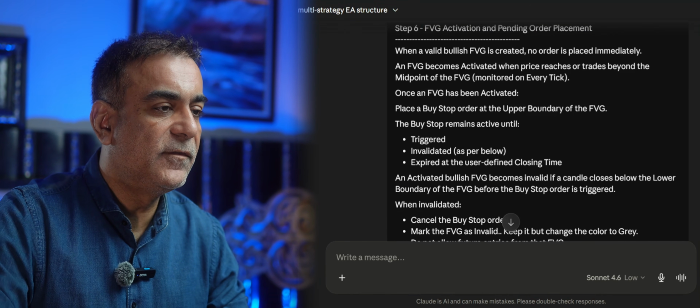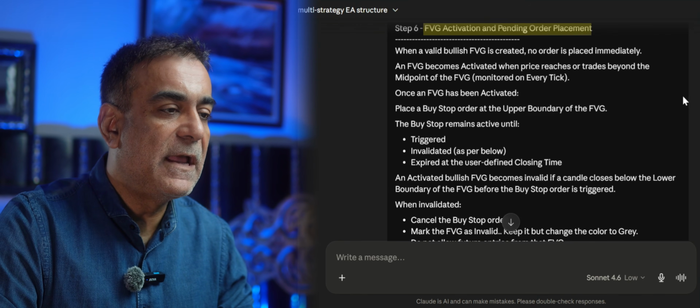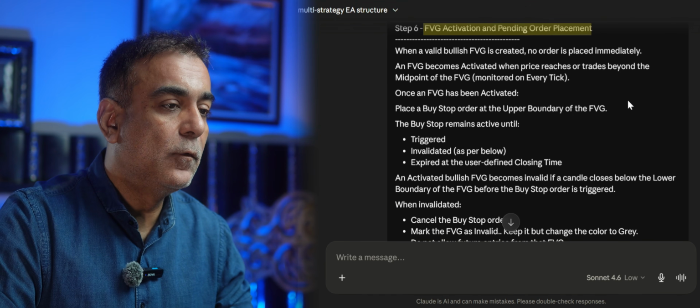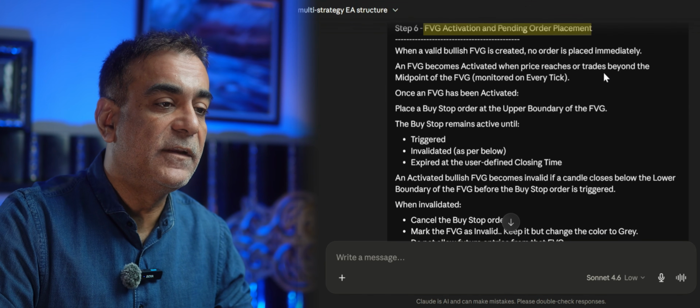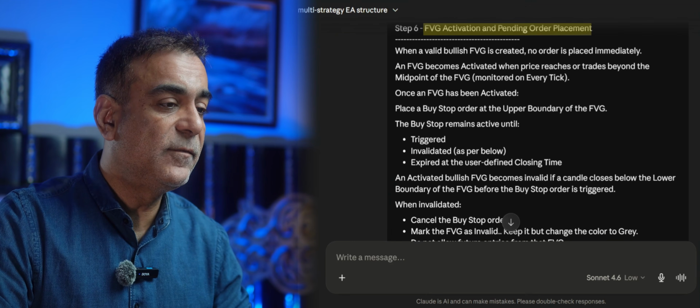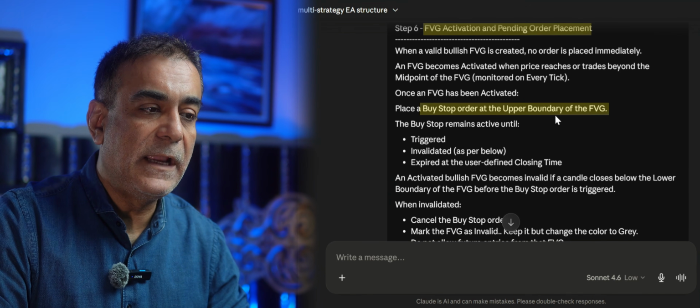So step 6 is the fair value gap activation and putting the pending orders. When a valid bullish FVG is created, no orders are placed immediately. It only becomes activated when the price reaches or trades beyond the midpoint of the FVG. So what we want is, in our FVG, the price to come back and at least go to the middle point. Once it has been activated, meaning the midpoint has been hit, we place a buy order at the upper